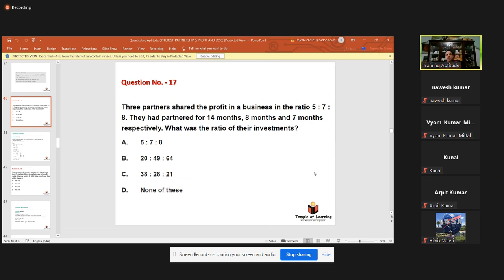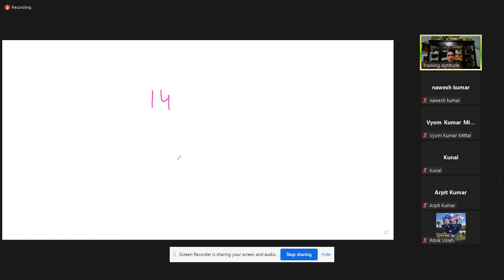Profit ka ratio 5:7, which means, okay, 14 months, 8 months, 5:7. Let the ratio of their investment be x upon y. X upon y will become